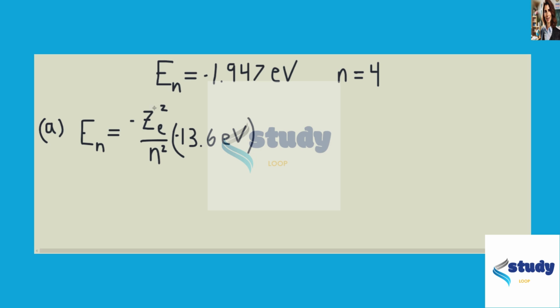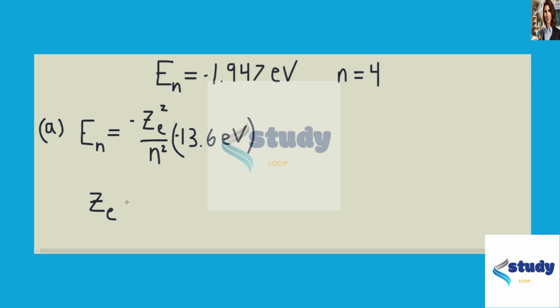To find the effective charge, Z sub E, Z effective, we're going to use this equation. The negative sign here comes from the fact that we're dealing with electrons. Then you have negative 13.6 eV from the ground state of hydrogen here. So we can rearrange this to solve for Z effective,